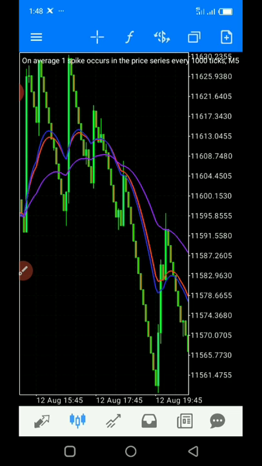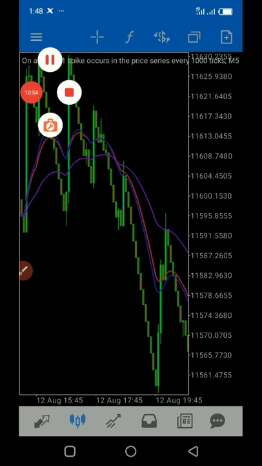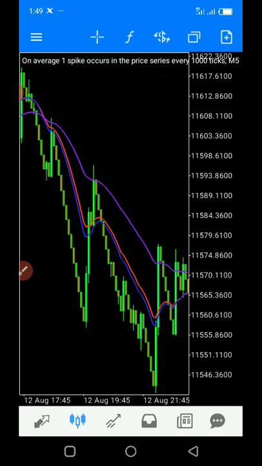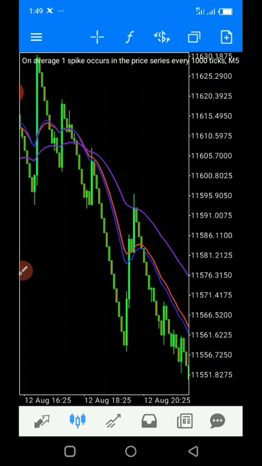For you to sell any financial instrument, whether Boom or Crash or Volatility 75 or NASDAQ, using this strategy, it is the very opposite of the buy condition. For us to sell using this strategy, what we have to wait for is